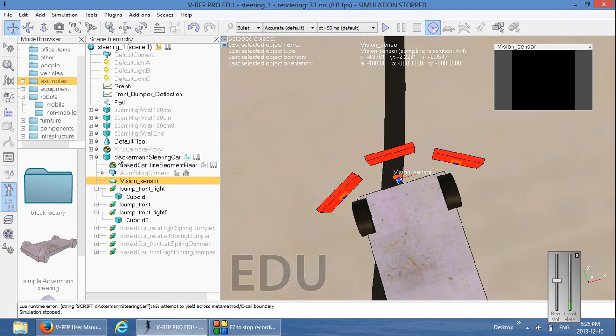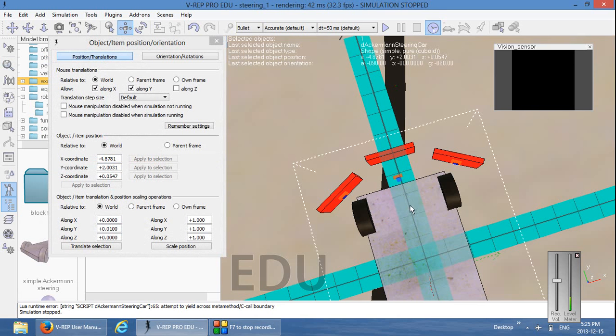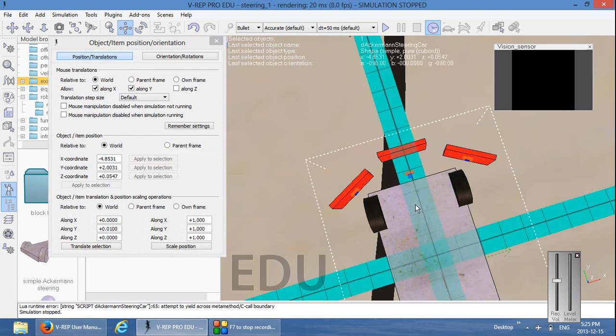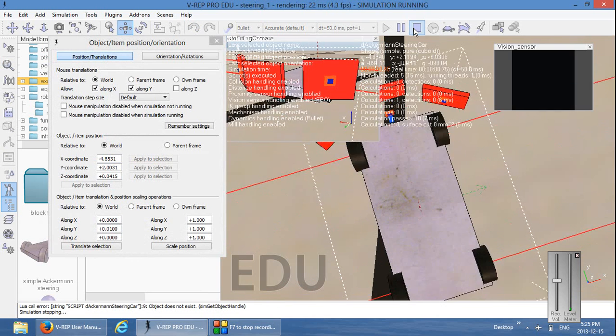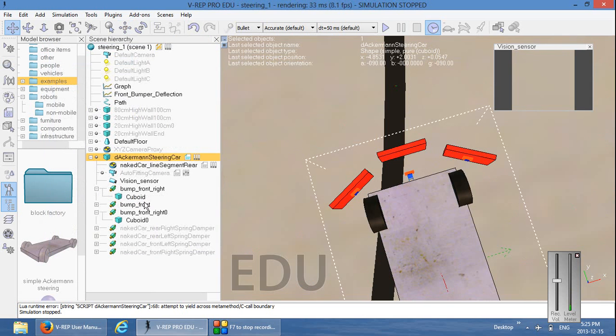Alright, let's move the car slightly so that the vision sensor sees the line, and you could see briefly that the vision sensor saw part of the line. Okay, we'll rename the vision sensor as middle light sensor,